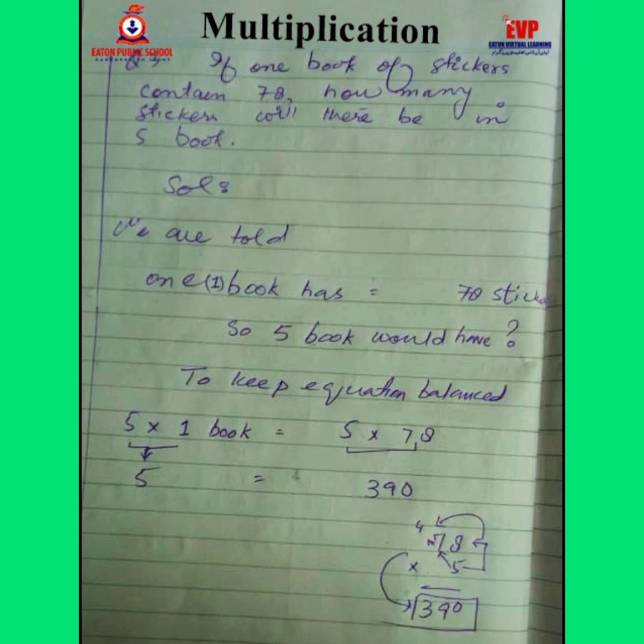have how many stickers? So we can easily solve this by putting 5 as a multiplier on both sides of the equation, so that we can keep the balance of the equation, because in an equation both sides have to be kept equal. So 5 multiplied by 1 book is equal to 5 books, and 5 multiplied by 78 is equal to 390 stickers. That means 5 books would have